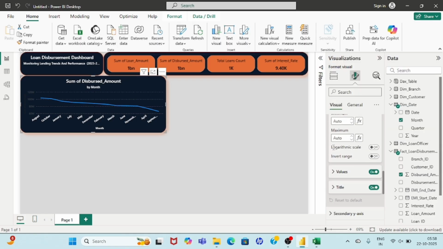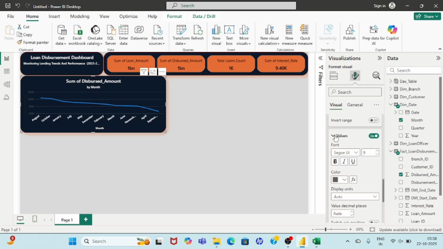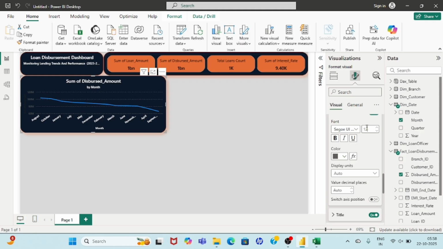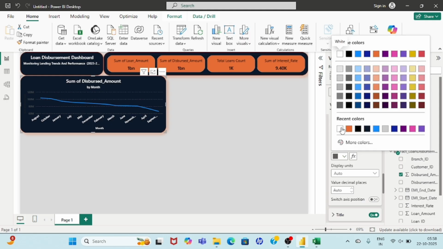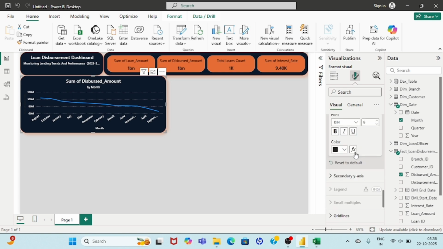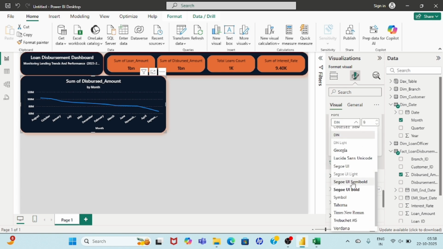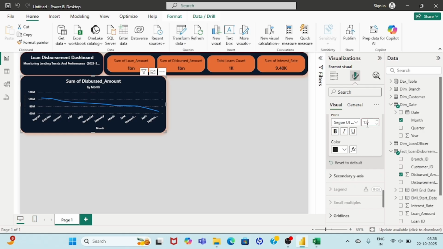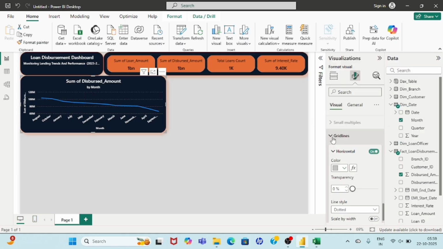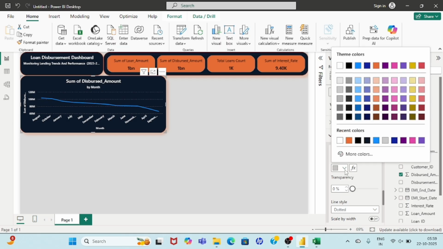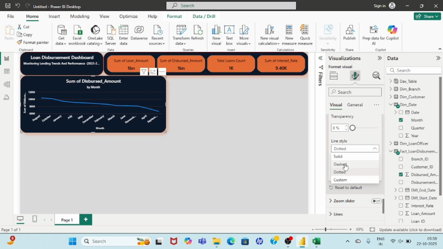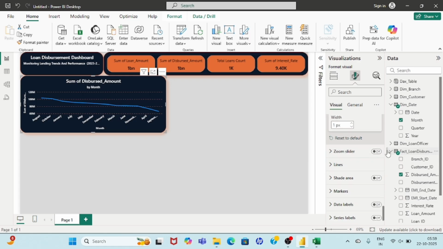Now the y-axis values: standard one, 12, color white, right? Title: this standard one, I'll select this one, 12, bold and white, so it is also reflecting, right? Lines, so grid lines, I want to have this color, dotted, not dashed, and zoom slices, no, I don't want